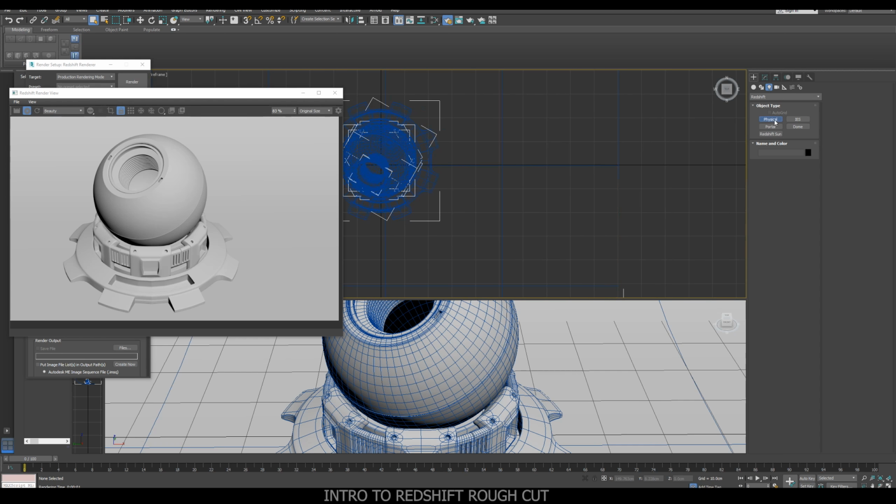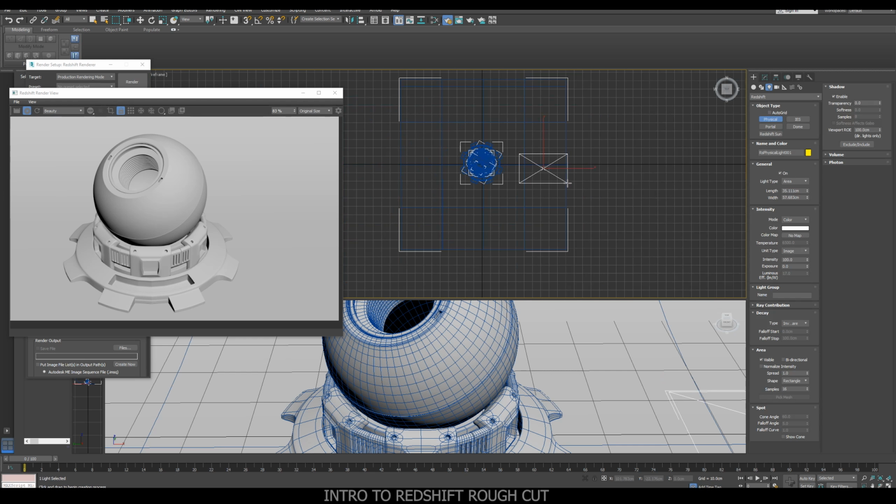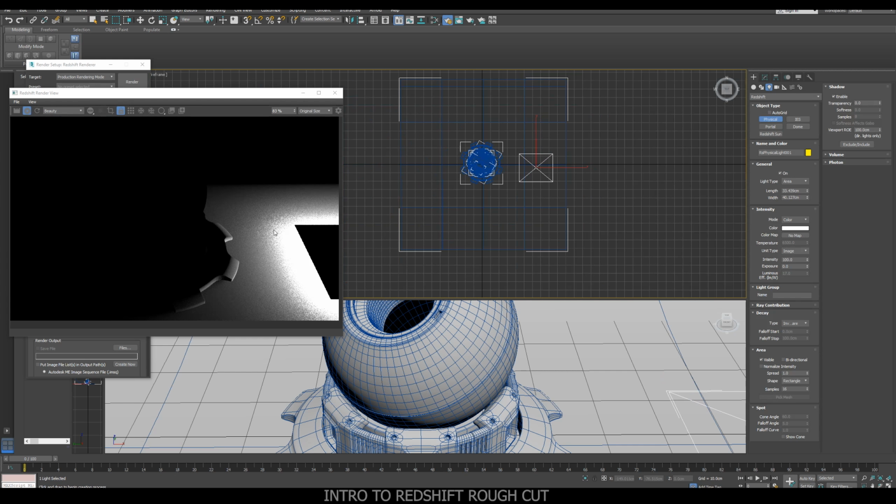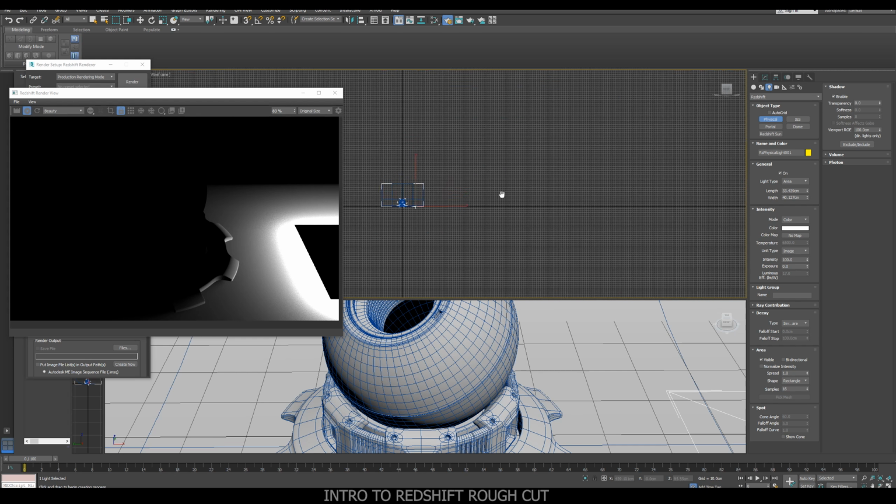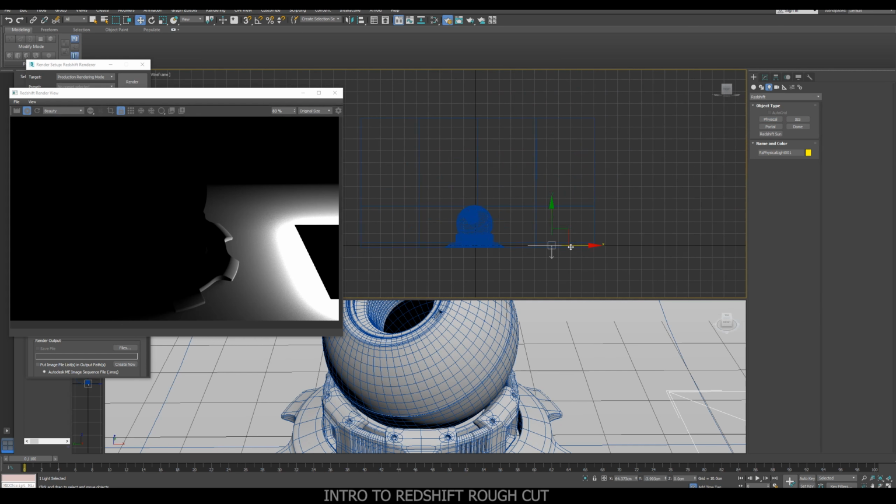So I'll just create a physical light, drag it onto the scene, and as you will see, the scene goes black. This is because REDSHIFT by default lights the scene with an ambient light, but once you add new lights, it turns it off and uses the lights in the scene. So let's move this light into position. I'll go to the front view and just move it up,